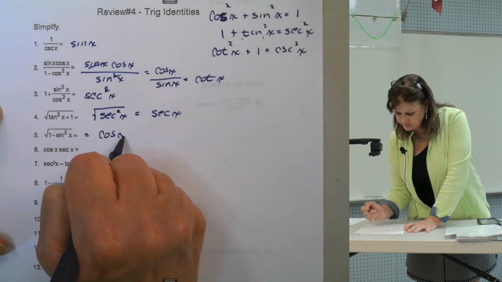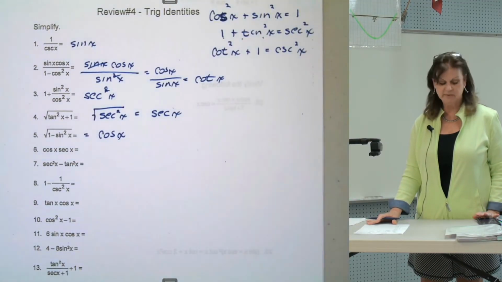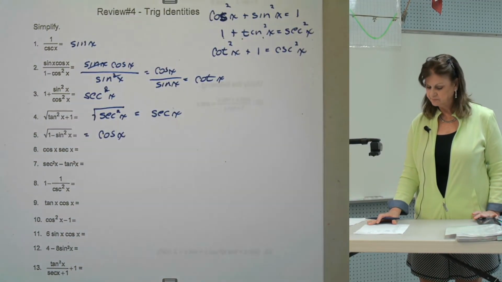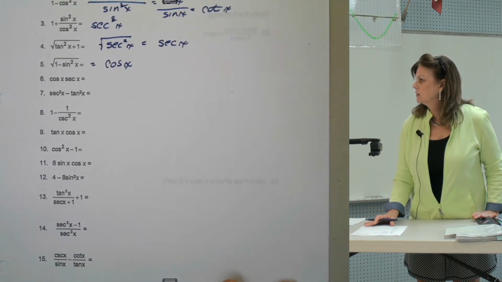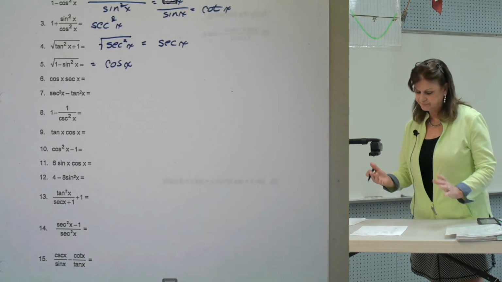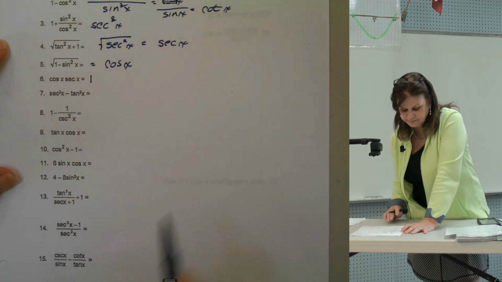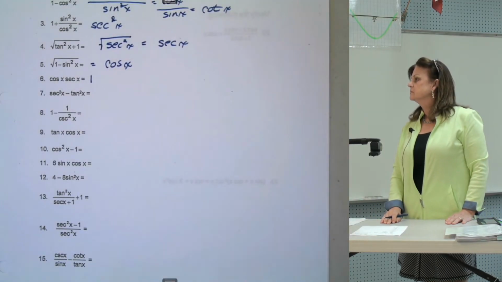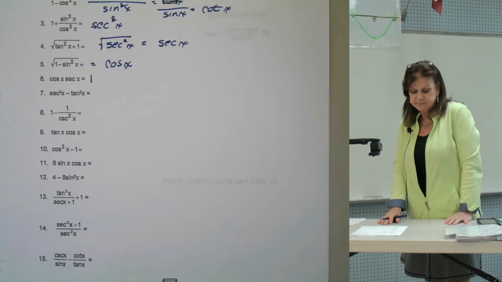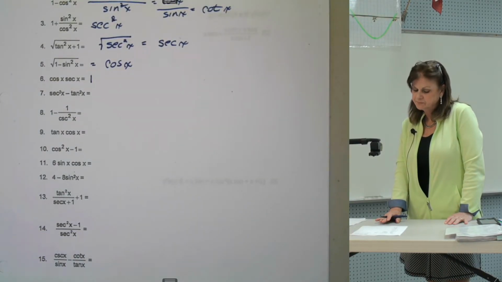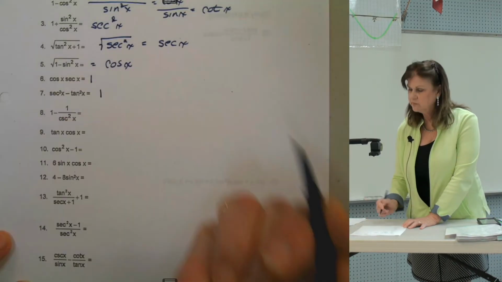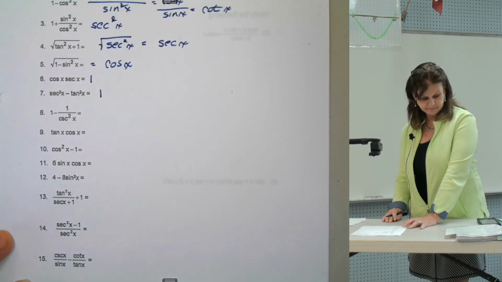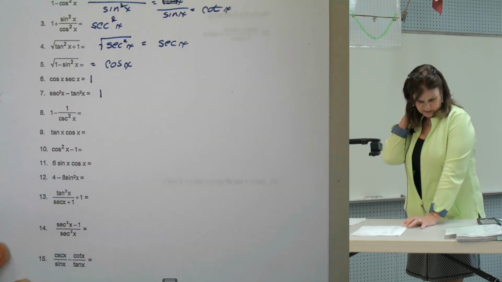And hopefully you ended up with cosine x. All right. Cosine times secant, easy. 1. Number 7, work that one out real quick. Hopefully you end up with 1. Number 8,